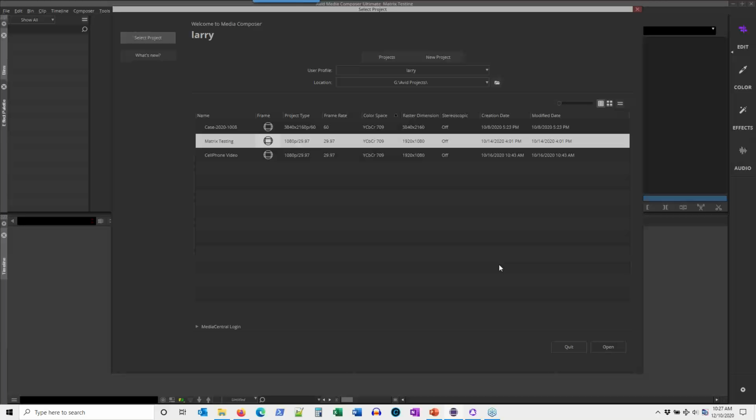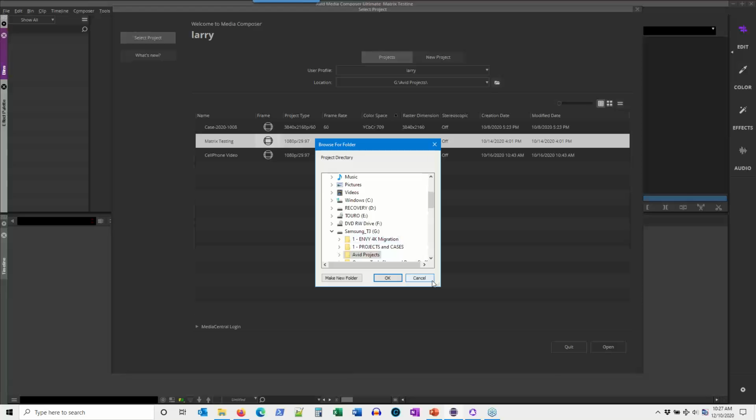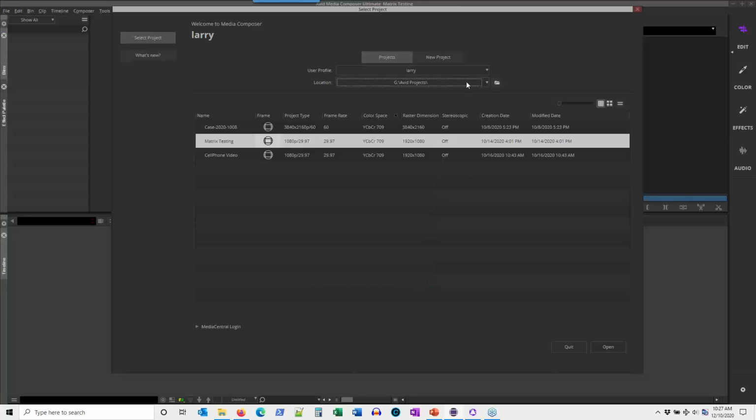First and foremost, the new look, the new project window. So with 2020, all new project window, we have our projects, create new projects, the ability to create our user profiles and manage multiple user profiles. And rather than having radio buttons for our private, public, and shared or external projects, we now simply have a drop down for the three,